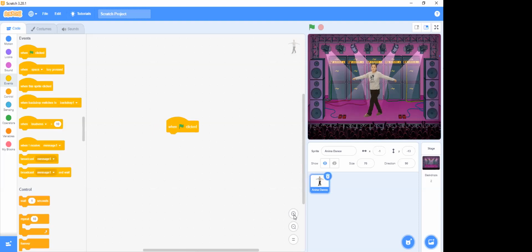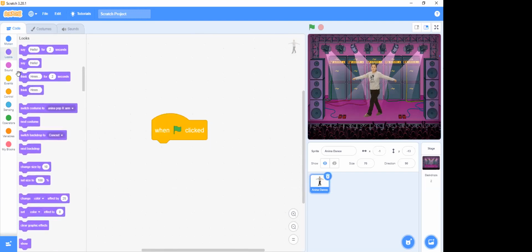I'm going to make mine bigger so that you can all see. Bring out the green flag and then look at the loops. Just like Tel Aviv was able to make a character say something, we are going to do that. I'm going to bring it out and say,